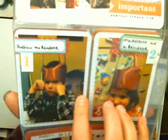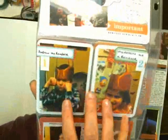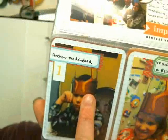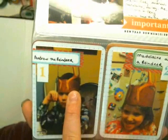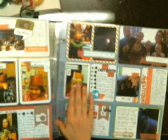Then I took these. Well, there's actually three pictures. The other one's here, but I just kind of wanted to spread it out along the two pages. I took these two pictures, and these are some little antler hats that they had at Montana's, and I took them so that I could get all of my nieces and nephews. I actually have 9 nieces and nephews. I didn't get together with my one